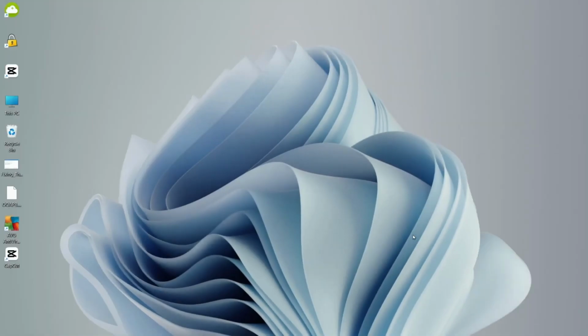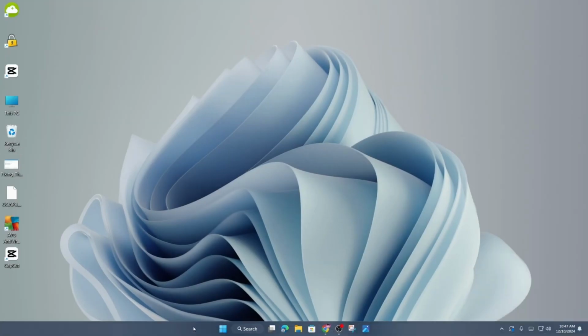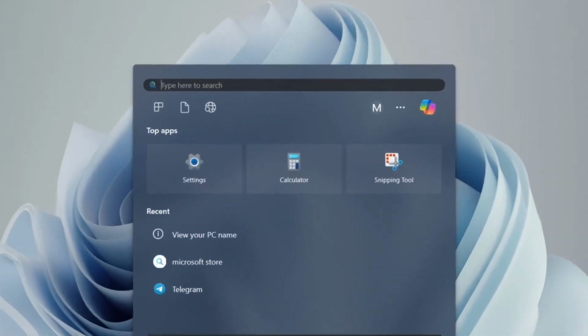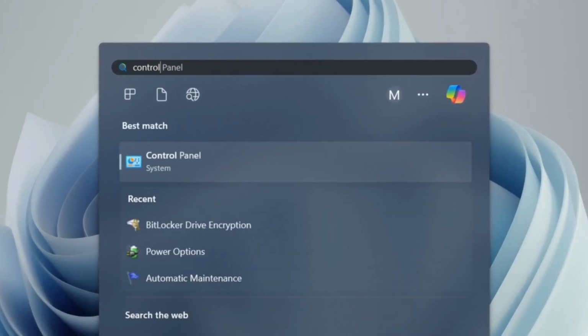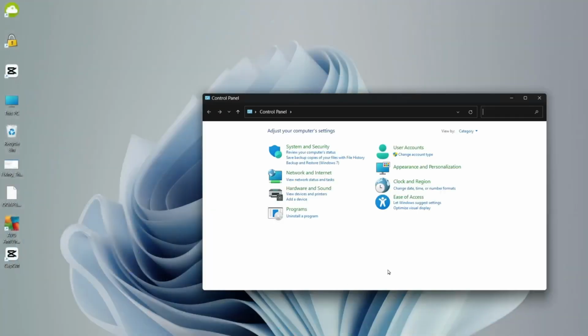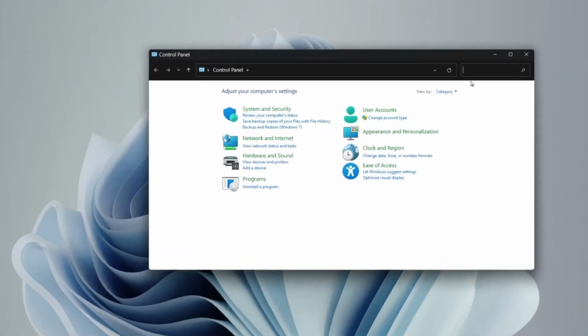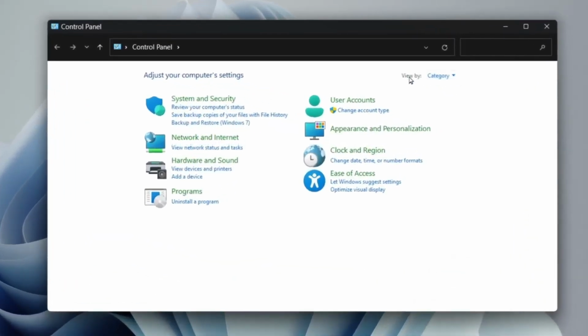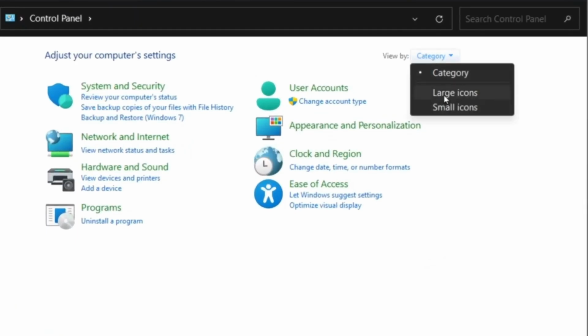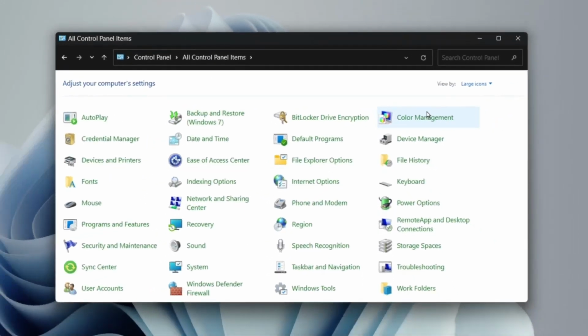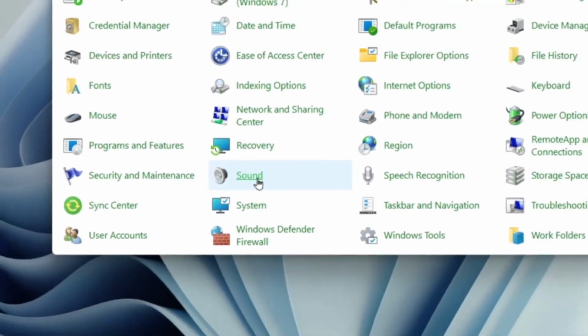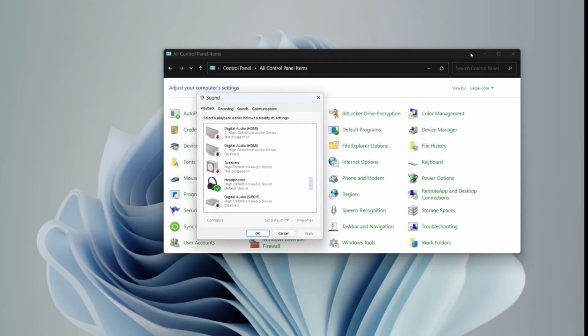If it's not, then simply come over to your search option over here and search for control panel. Click on control panel. After that, if you get this kind of interface over here, simply come over into view by, click on the category and click on small icons. If you click on that, you will get a bunch of options over here. After that, you just need to go for sounds, click on that, and then you will get the sound window